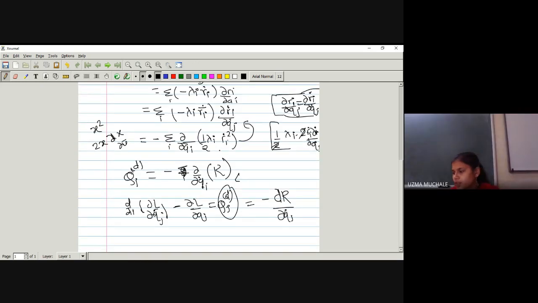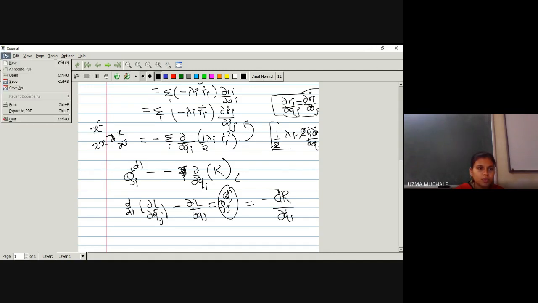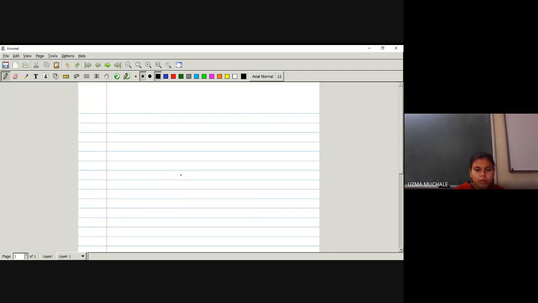Let me go for the next example. That means we are going to derive Newton's laws of motion from Lagrange's equations of motion. Now I hope you have understood what Newton's laws of motion are. I have given you one homework to find out what Newton's first, second and third laws are. Did you do the homework? What is Newton's first law of motion, second law and third law? I'm not going to ask about the third law because everyone knows about this.